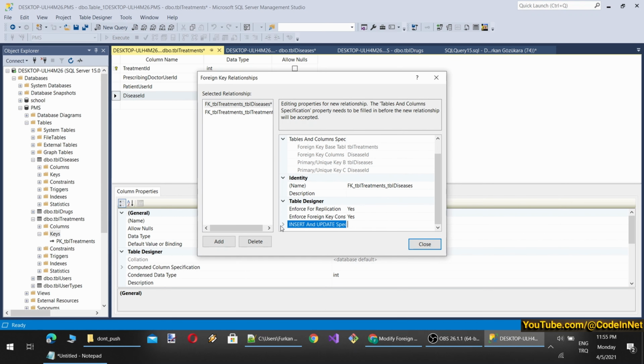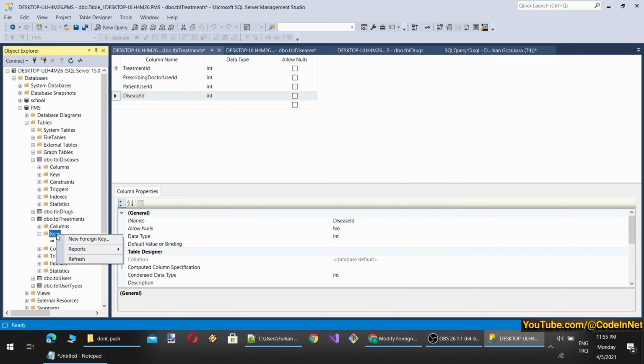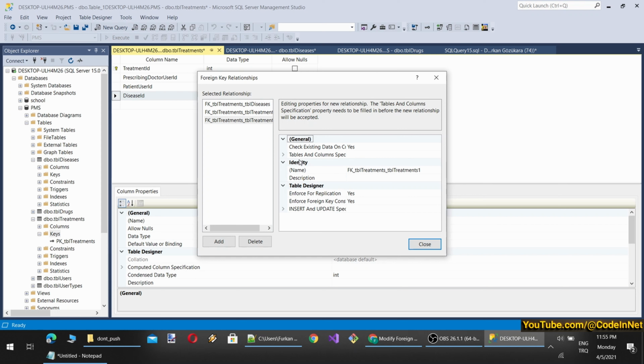I am going to set it as cascade and cascade. By the way, when you set it like this, assume that you are trying to add a non-existing disease ID to your treatment table, then you would get an error. So this is useful for that as well. So let's continue with our other foreign keys. I will delete this. Okay, delete this as well.